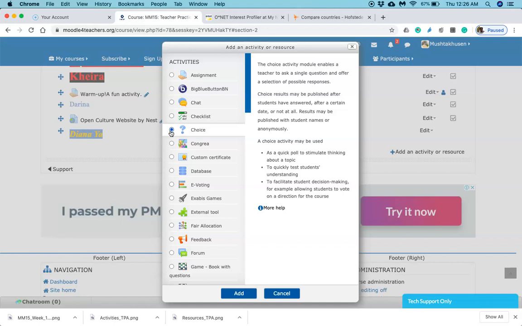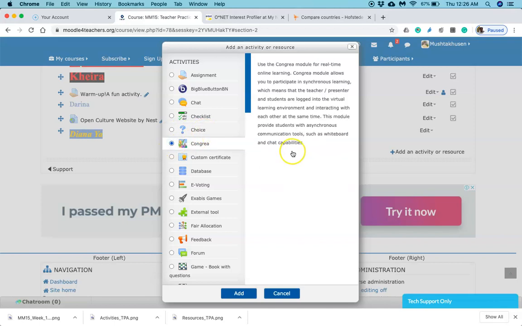So options could be English language skills, domain knowledge, right skills, right attitude, numeracy, literacy, soft skills, then rest of the skills. So this is how you can share the list and ask them to respond, right? So this is how you can add an activity on choice.